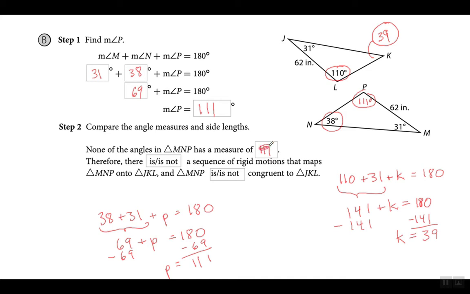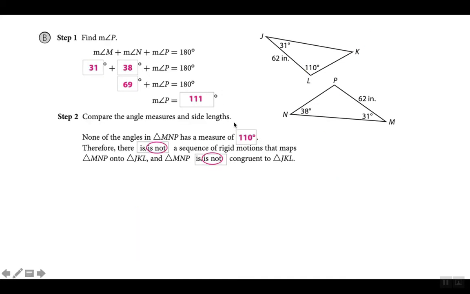This is silly. All right. Let me put the answer because I don't know what they want me to guess. 110. Okay. None of the angles in triangle MMP has a measure of 110 degrees. Therefore, there is not a sequence of rigid motions that maps this triangle on top of this triangle